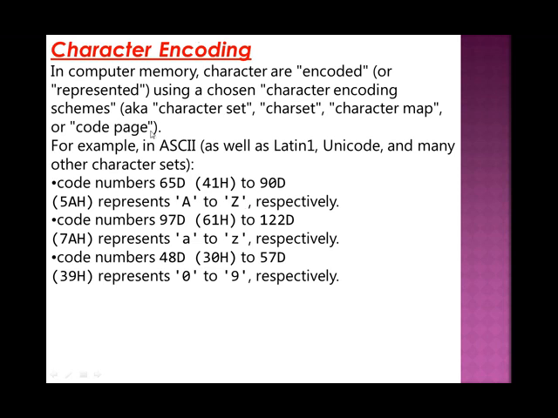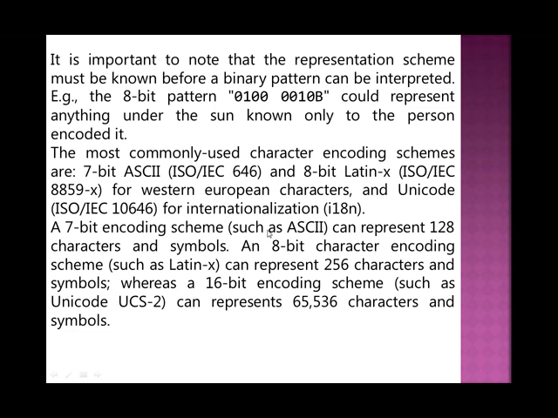Then we also studied about character encoding. That is how we are using character encoding and how different characters are encoded in a computer system. There are multiple encoding methods like ASCII, BCD. One of the important methods is ASCII, that is American Standard Code for Information Interchange. This is of two types: it may be 7-bit ASCII code or 8-bit ASCII code. 7-bit is represented by 128 characters and 8-bit is represented by 256 characters.